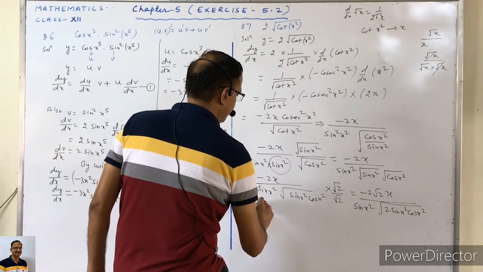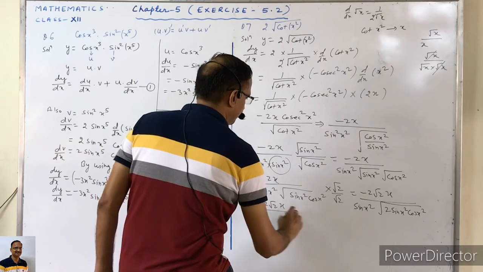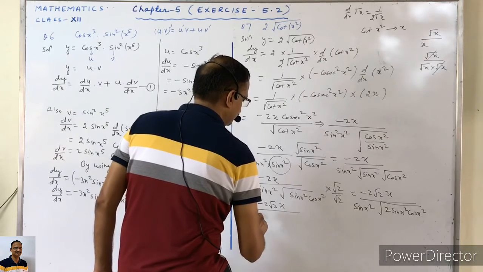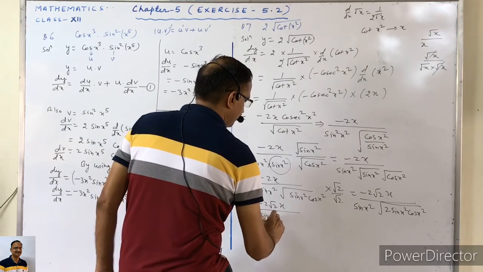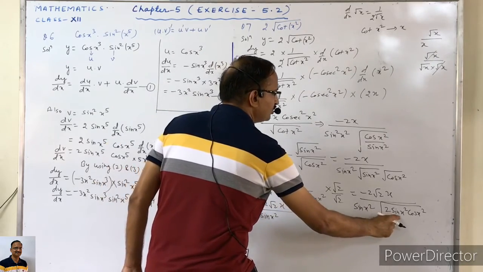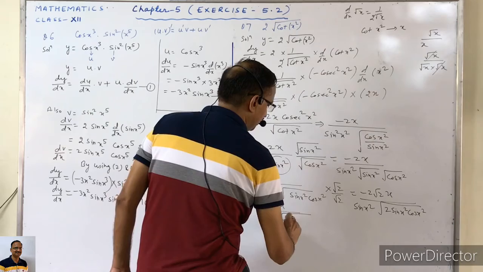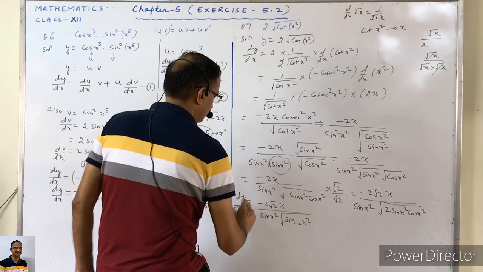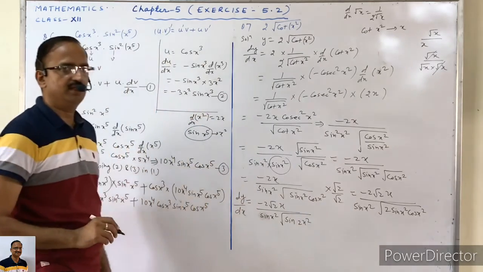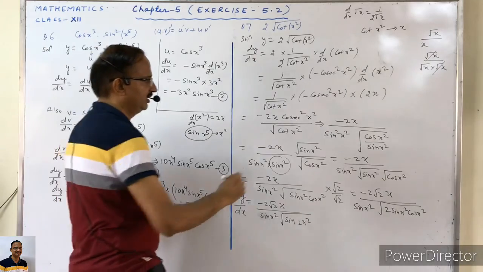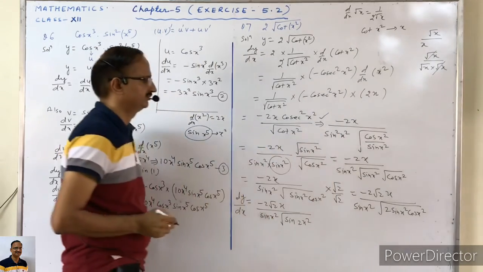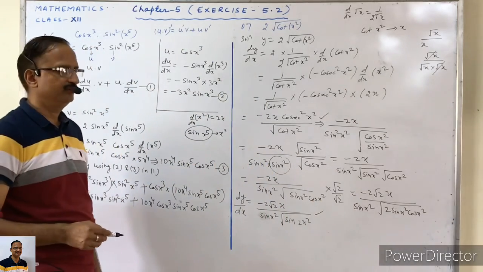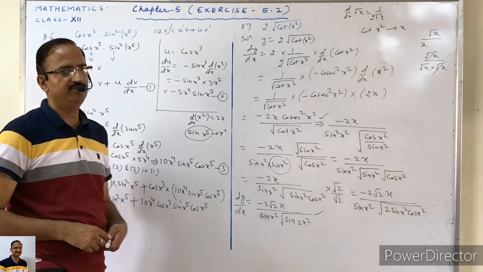Now in numerator we have minus 2 root 2x, in denominator this is sine x square, and this one is 2 sine x cos x. So this can be written as sine 2 x square. So this is the other form of the answer. This answer is correct. This is also correct. The forms are different, but the answers are same. Meaning is same.